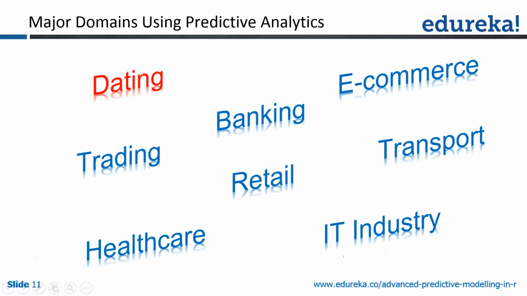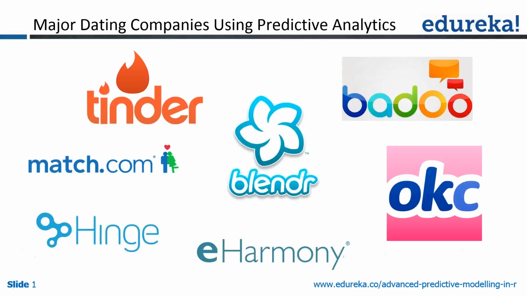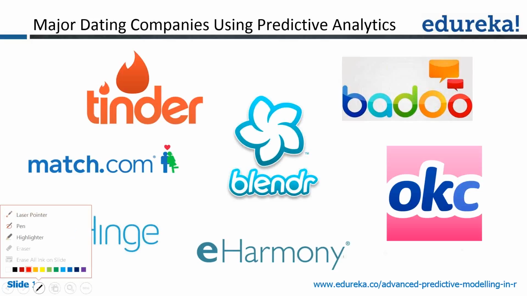All right, this is an interesting segment where predictive analytics is now being used in dating. And these are all the various dating websites which we have, right? I haven't used these, but I am pretty much aware of most of these things, right? For example, we have Tinder, right? Here you see Tinder. Tinder is a dating application,